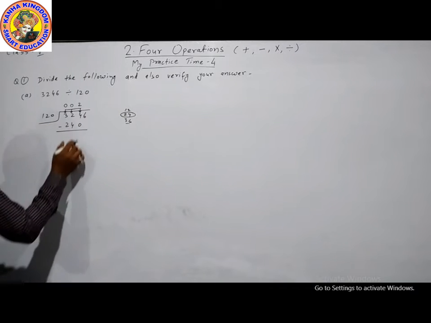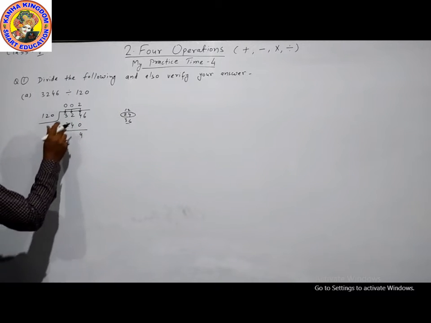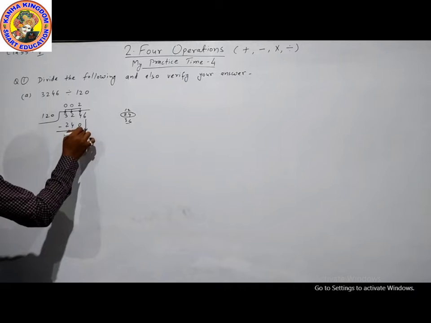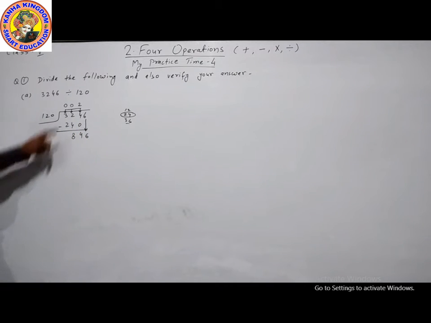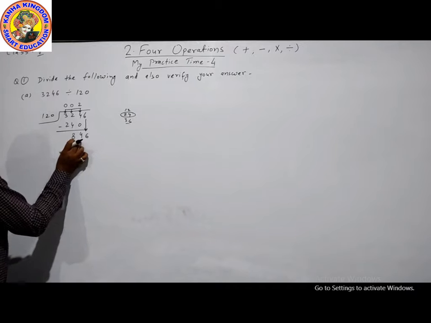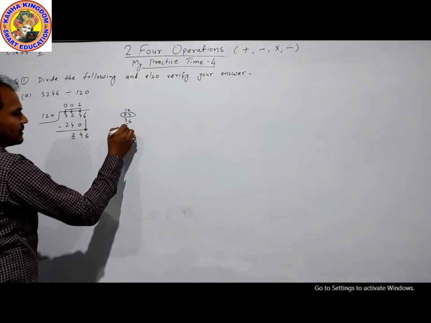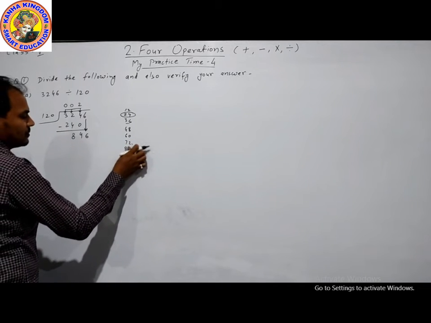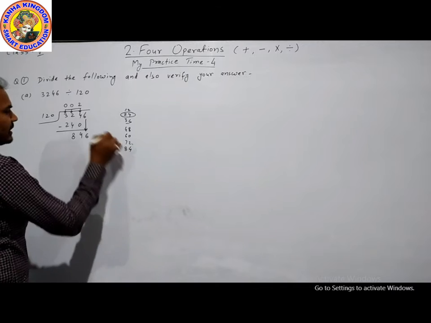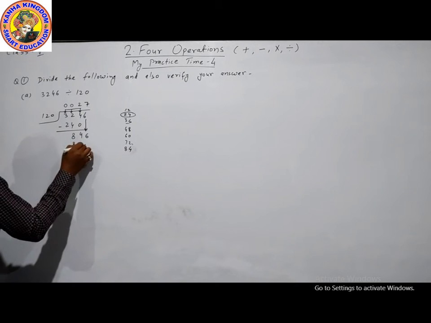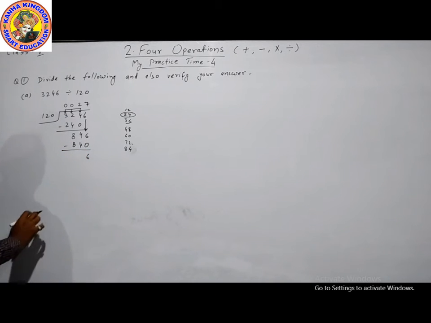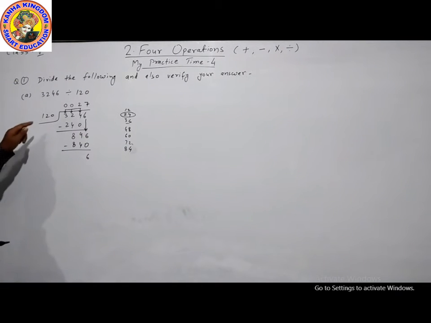So here is 2 times, 240. Now subtract: 4 and here is 8. Now the next digit is 6. Here is 84, here is 12. 12 into 7 is 84, and then 0. Now we will subtract, 6. No other digit is here, so the answer is,